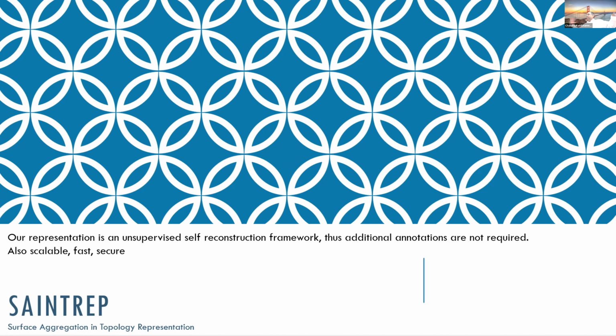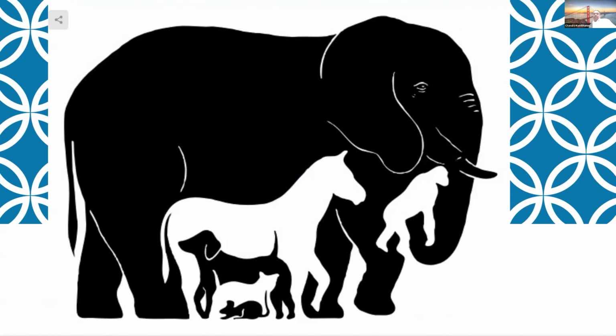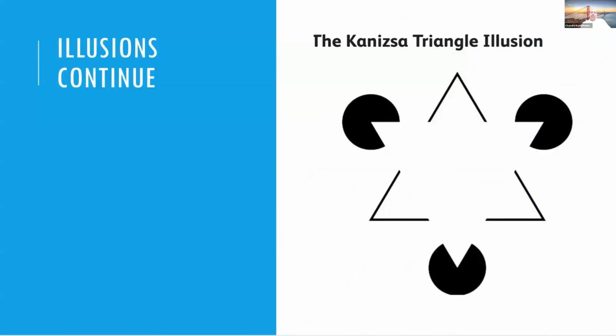It's not neighborhood based. Okay, a little bit of understanding of human fallacies. Well, we look at this picture and then say there's an elephant, then there's a horse, there's a dog, there's a cat, mouse. It's not true, right? I just want to bring out that fallacy in us. We don't even know if there is a horse painting and the rest is all just background, right? So just to bring out that fallacy in us, that we are not perfect.